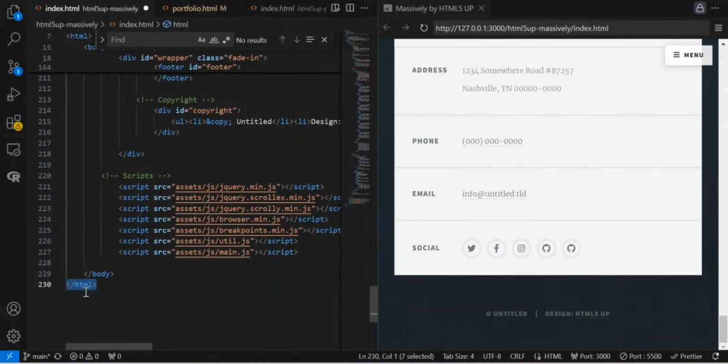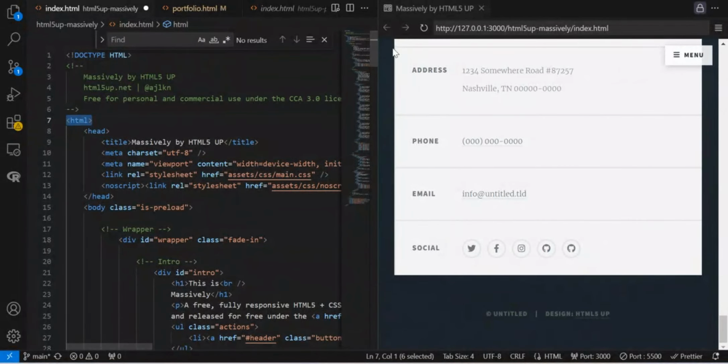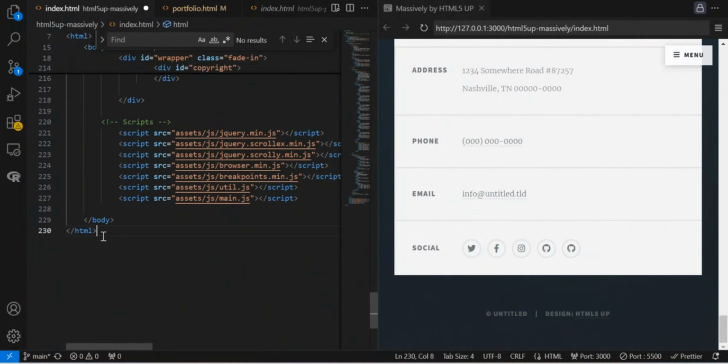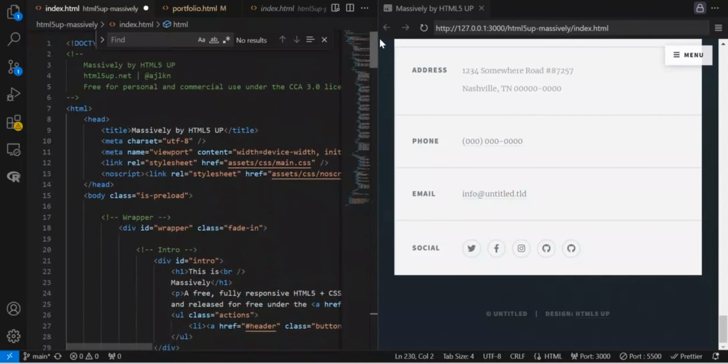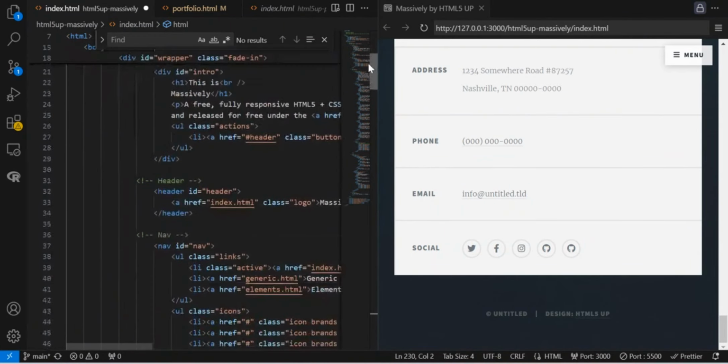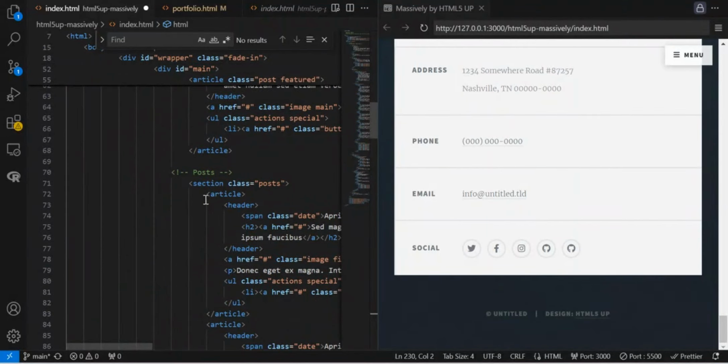And then you see that in the beginning we declare this as HTML, and then we are also closing it here like that. So make sure that all the code that you are copying, pasting, and editing falls within this. It should also fall within, like I said, your article container.